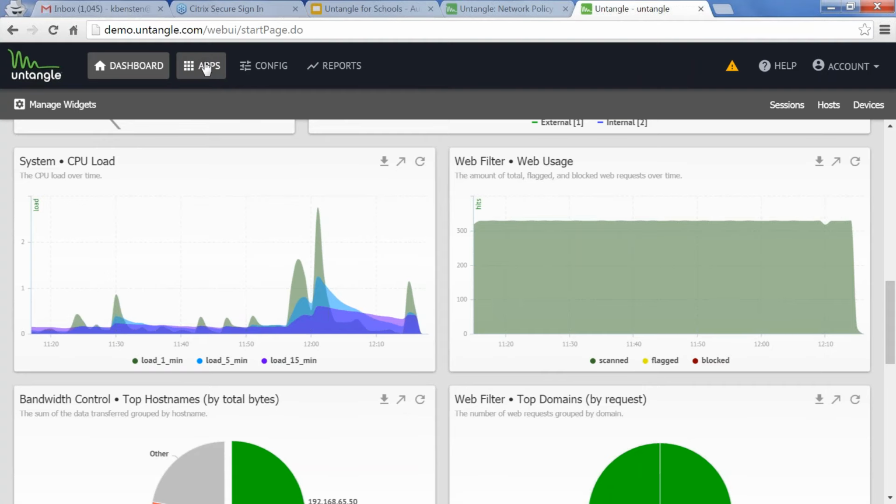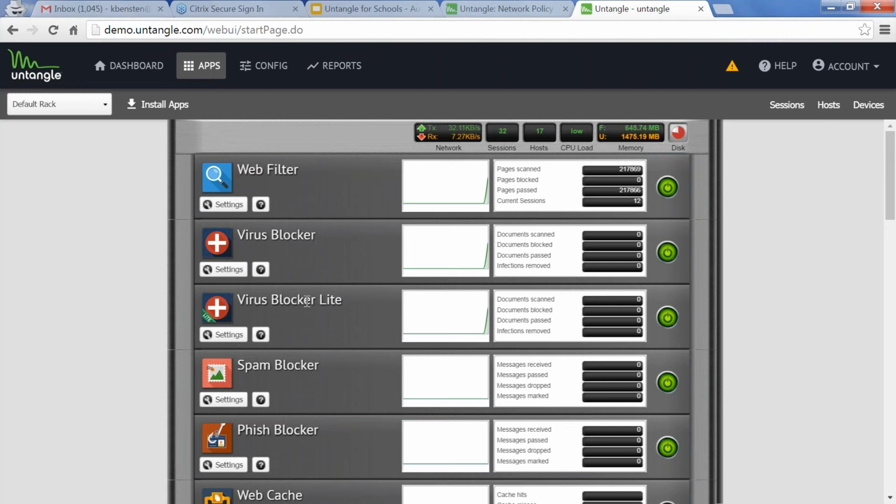So this might be what you're familiar with in the past. The rack view is actually still here for you. Not a lot has changed in this, but the functionality still exists. So I think it's important to go through some key features of where Untangle shines. I would be remiss if I did not go over the web filter.